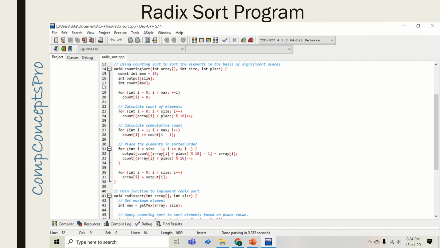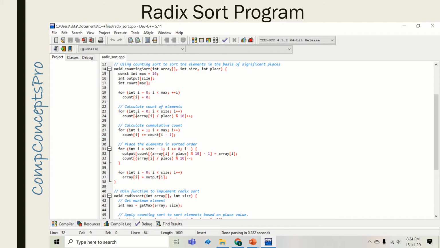Now we'll see the for loops used in this counting sort one by one. Here we will need two temporary arrays. One is the same as our original array and one is a count array.